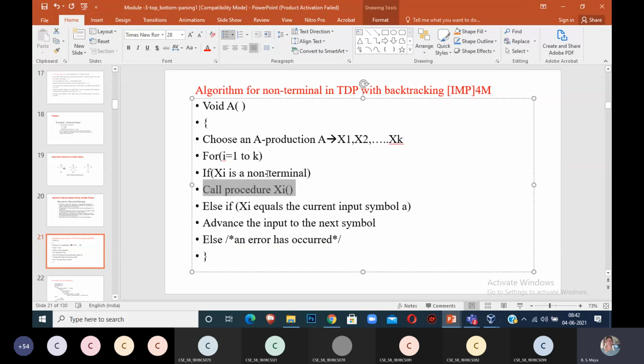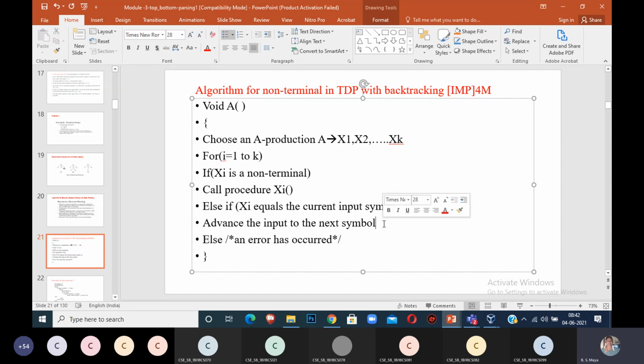Else, if it is not a non-terminal, then if it is equal to the current input symbol A, because my input symbol is A, then it is a successful match. If it is successful, advance the input to the next symbol.